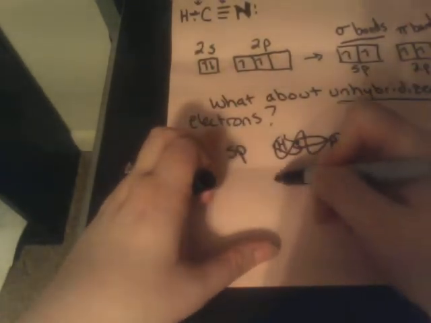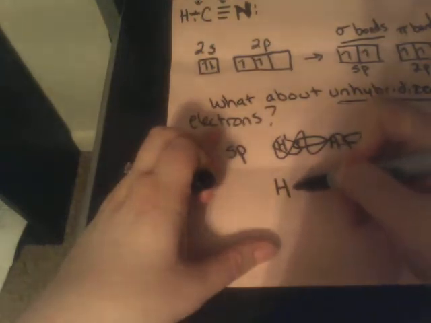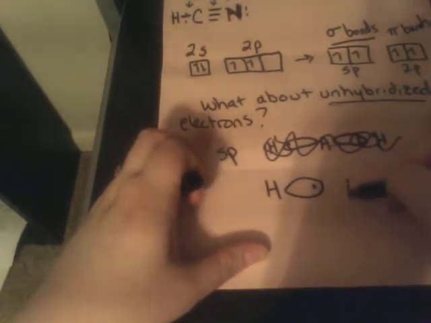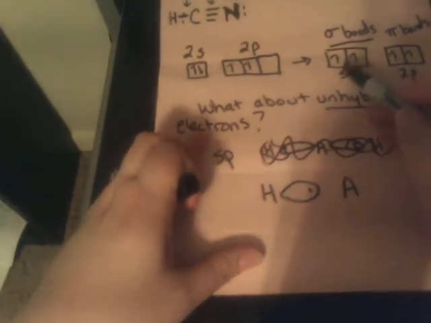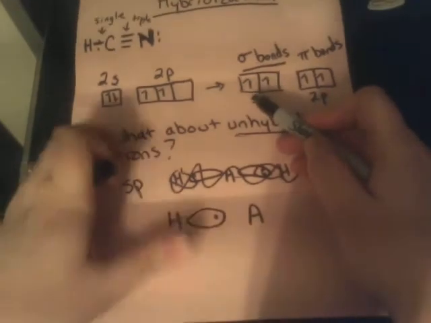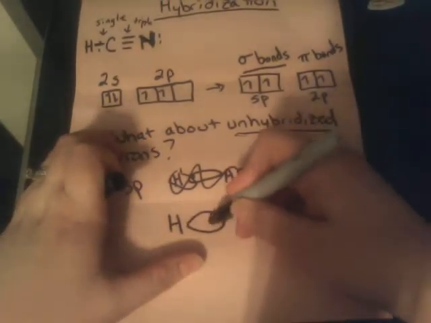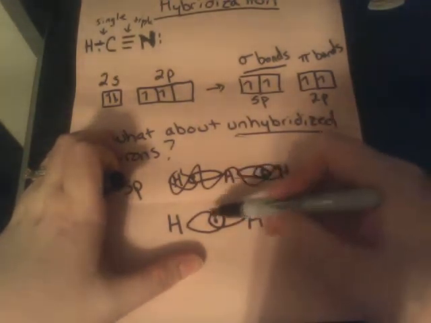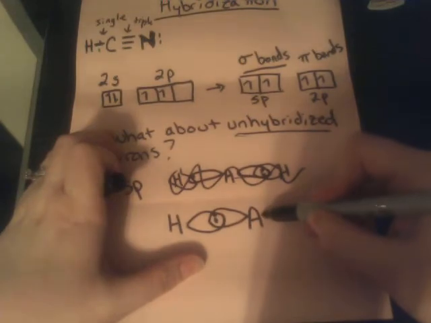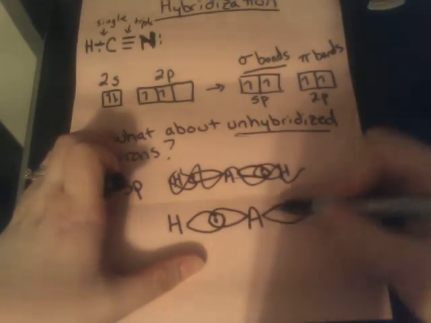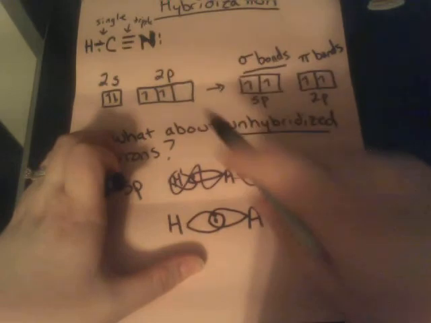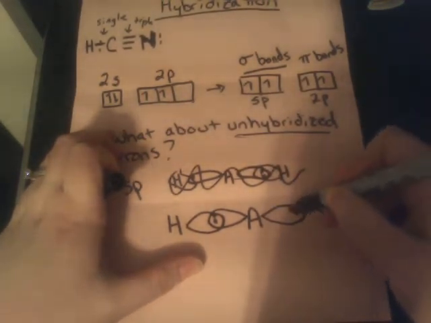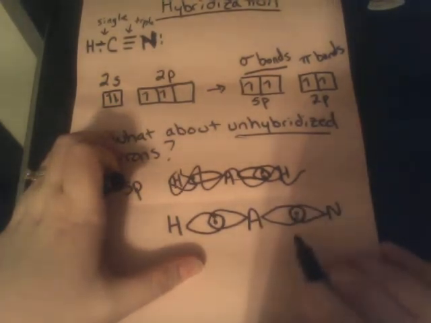So hydrogen has its one S, right? A has one of these SPs. Let me center this a little bit. A has one of these SPs coming out. They meet together and they form a sigma bond. Over here, A comes out and it meets with one of nitrogen's singles, right? So we're only going to focus on